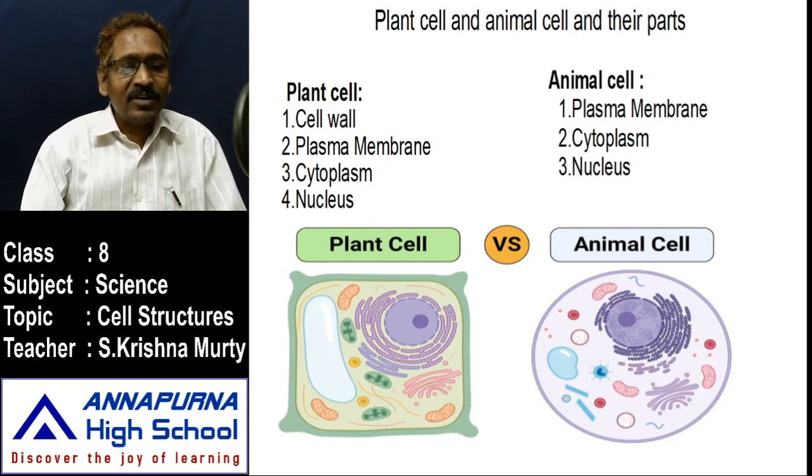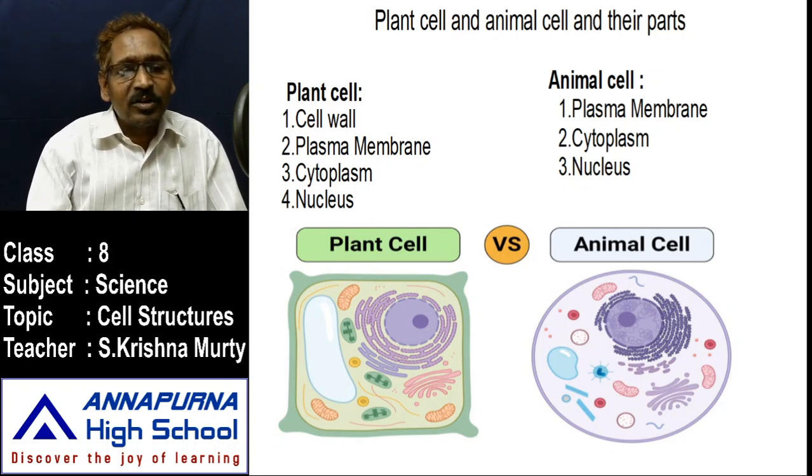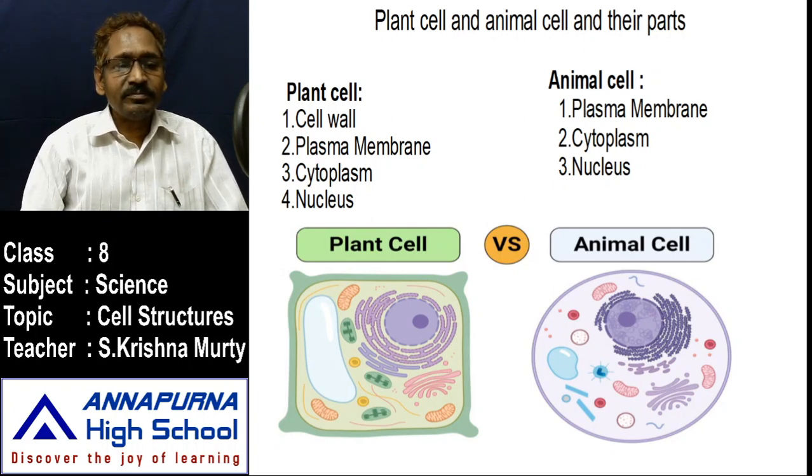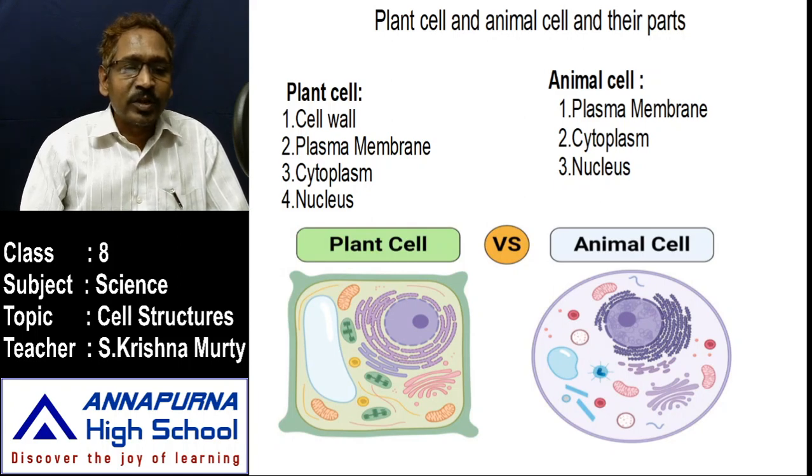So it contains a number of different kinds of organelles. Those perform all kinds of life processes. In the earlier class we learnt about the different kinds of life processes. All those are carried out by each and every organelle present in the cytoplasm. And in the middle of the cytoplasm there is a stained body, that is the nucleus. What is the innermost part of the cell? The nucleus is the innermost part of the cell.